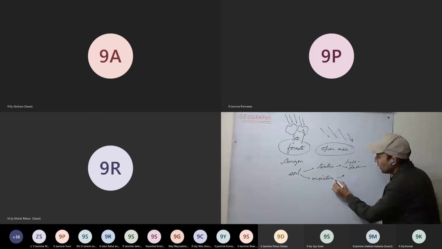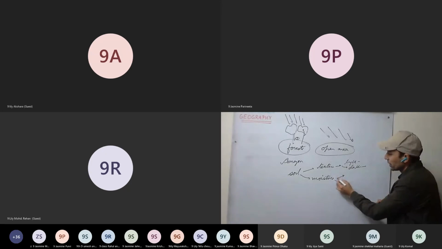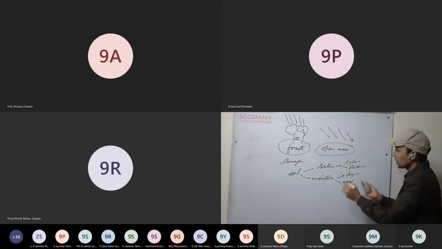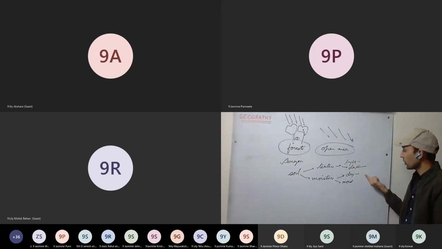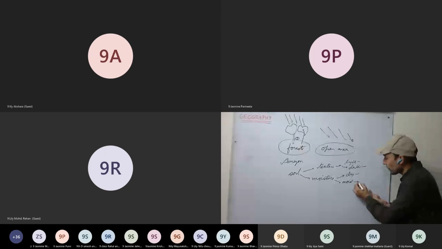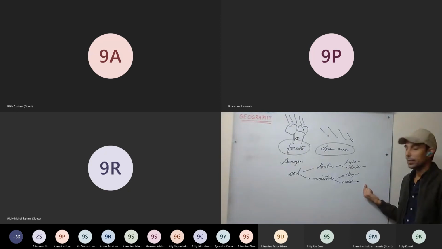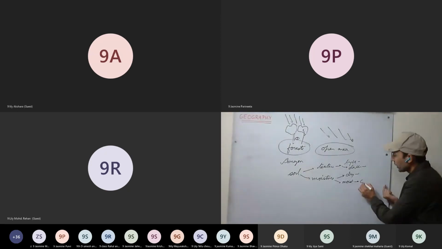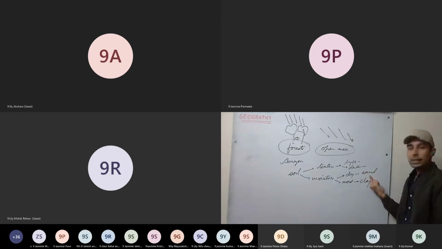As well, there is soil which retains moisture, which is more moist, and dry soil. The soil which is dry, here as well we can see the variation in temperature is more. Whereas moist soil slowly gets heated, and it cools slowly. So here we can take clay and here sand. Sand gets heated very fast because it's dry soil. It gets heated very fast, and it cools very fast.